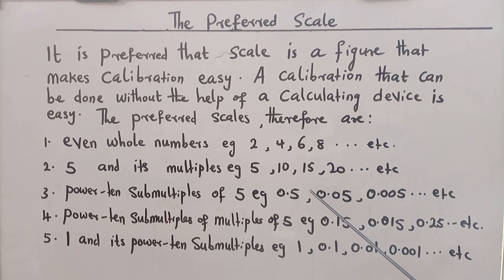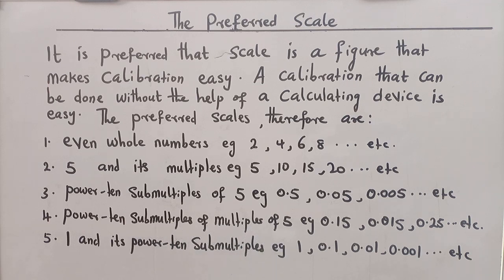That is, this 15 divided by 100 is 0.15, because that 100 is a whole number power of 10. So 0.15, 0.015, 0.25, so on and so forth are all examples of power 10 submultiples of